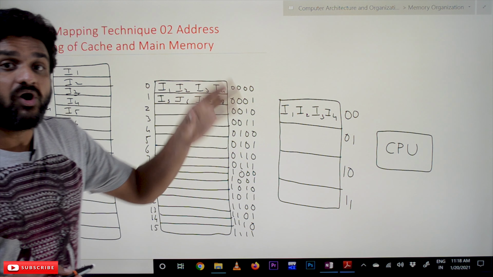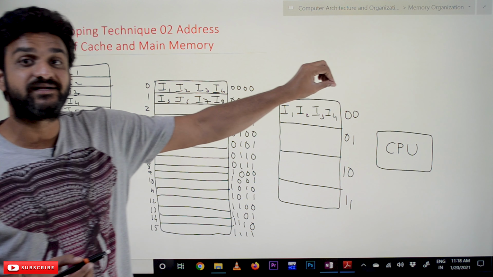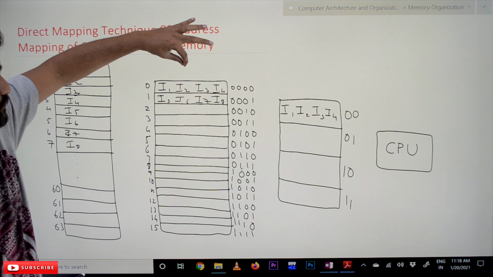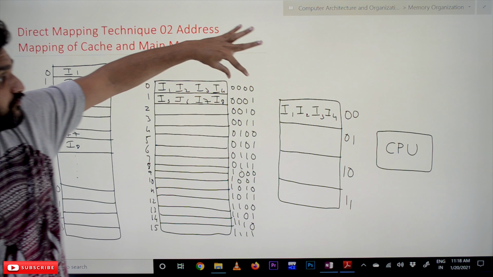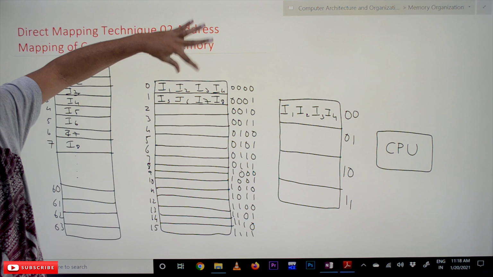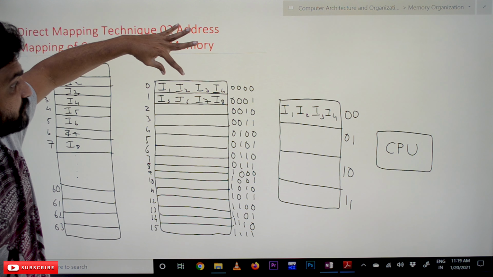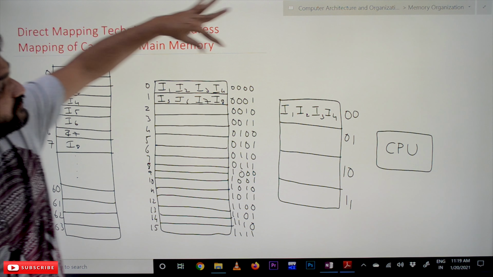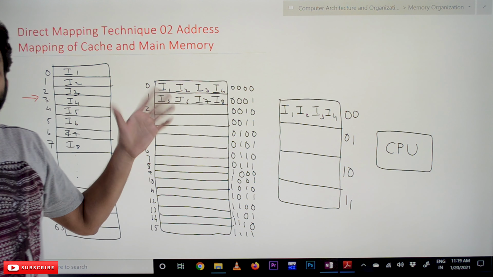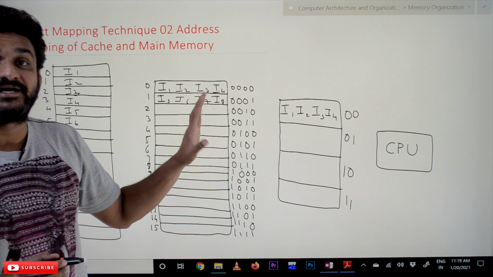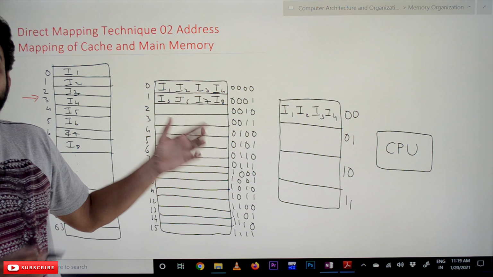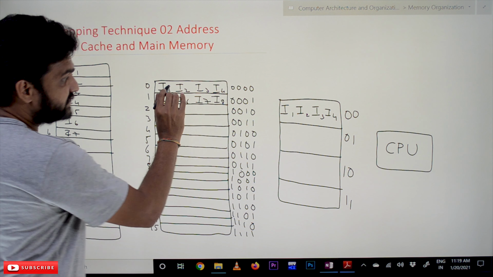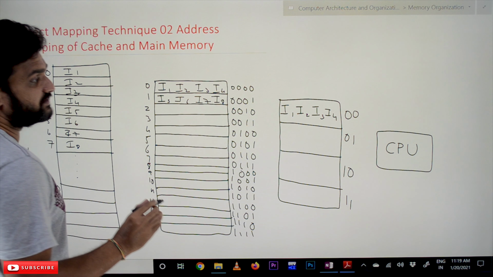So the CPU always generates a 6-bit address, but logically the grouping of the main memory is done with 4-word blocks. Each block consists of 4 words. Whenever we want a word in a block, the entire block will be moved onto the cache memory. This is what we call the principle of locality. The advantages of the principle of locality have already been discussed in our previous videos. So this entire block will get shifted onto the cache memory.